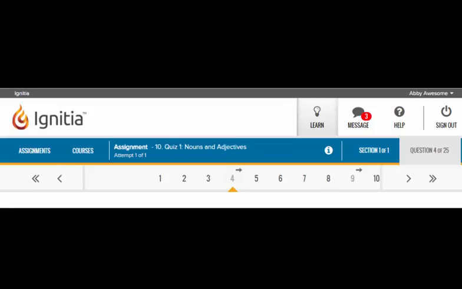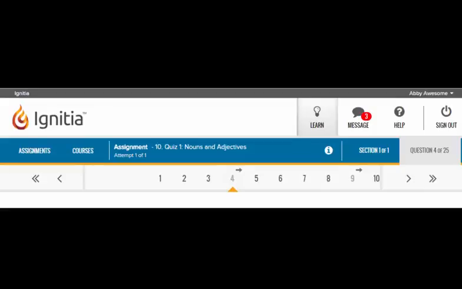Let's take a look again at what the student will see. The questions on the quiz that relate to the skipped lesson have been grayed out and there is now an arrow pointing to the right that indicates to the student that they can move on to the next question. Again, the student will still be able to view the questions and the answer choices for the skipped lesson, but they will not be required to answer the questions, and those questions will be removed from the grading when the